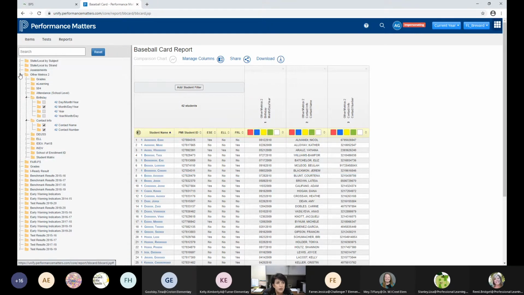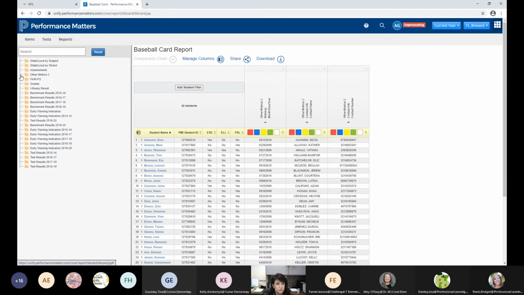So I'm going to close that folder up, but again, take note of all that information in that folder that the teachers could add if they wanted to. And now I'm going to add some data. And for today's purpose, I'm going to use iReady, but if you are a secondary teacher, you can come up here, you can look at your state and local. In this folder, you've got FSA data,